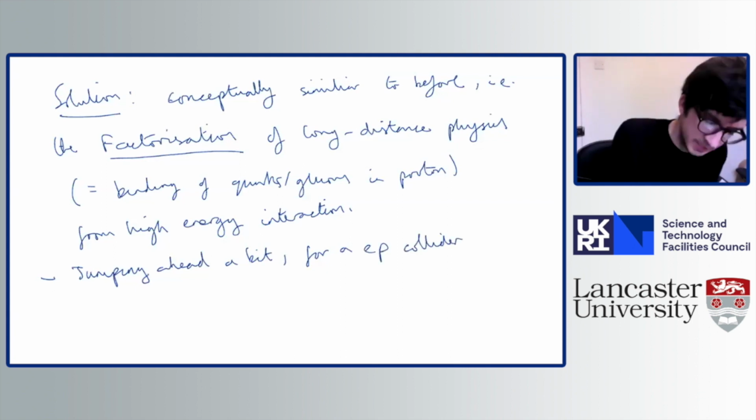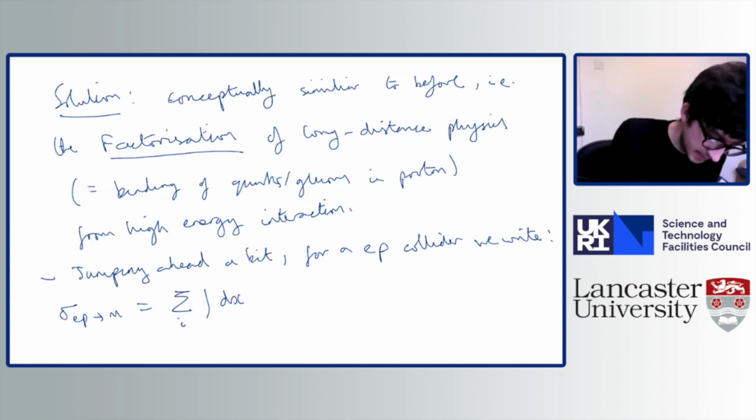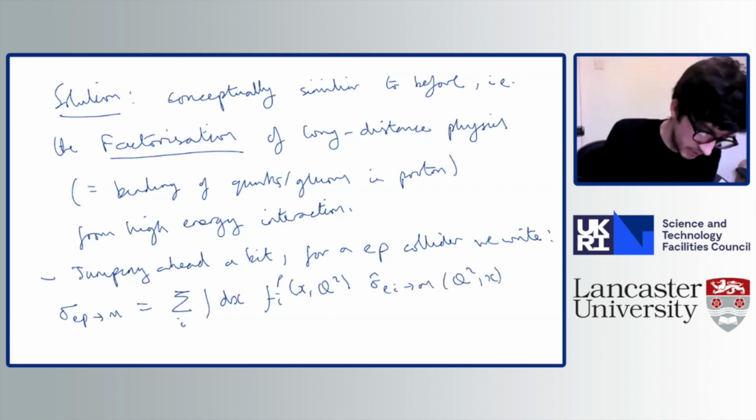But really, the ideas are the same to a large degree. So sigma EP to M, some hadronic system, is going to be given like this. An integral dx, some PDF of a proton, which depends on x and q squared. I'll tell you what those are in a minute, times a quark lepton scattering cross-section, plus some terms of order lambda QCD